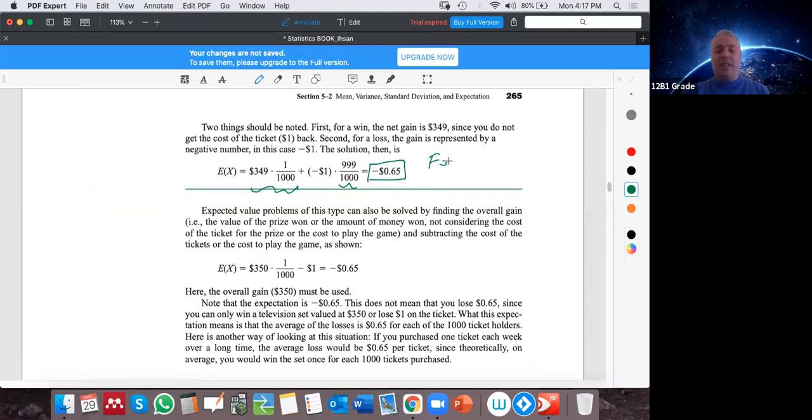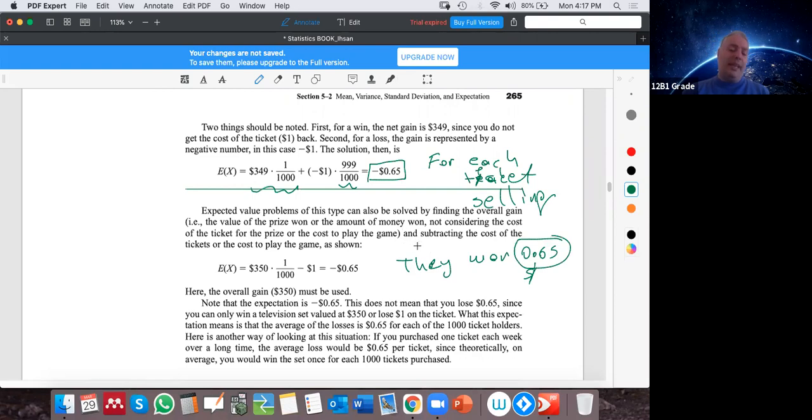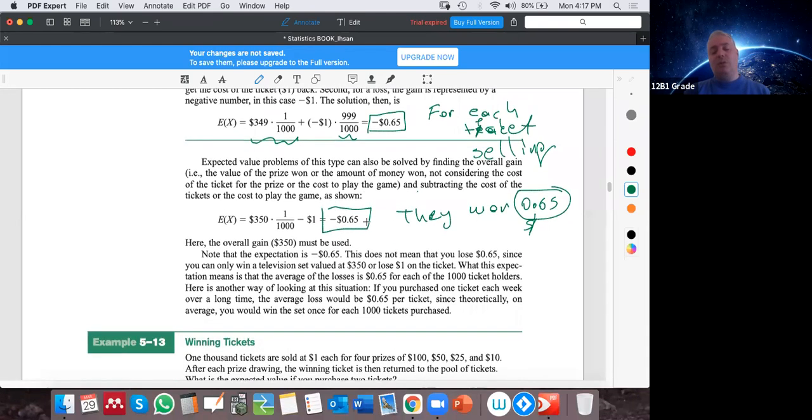For each ticket the company is selling, they win $0.65. Each guy is spending $1, but the company is getting $0.65 from each ticket. So the expected value is negative 0.65, which means everyone is losing